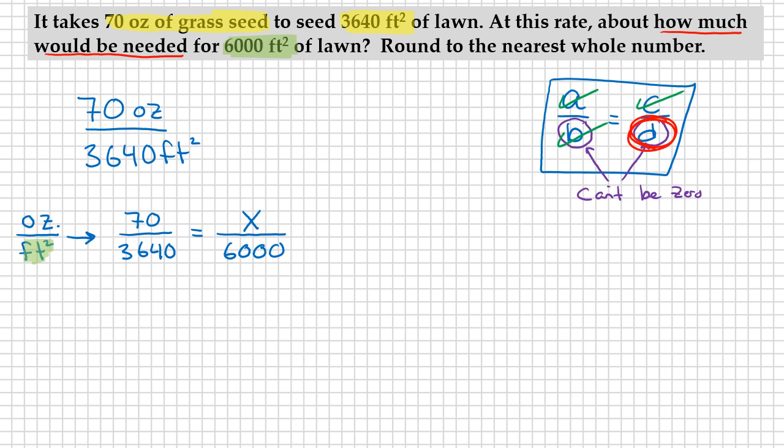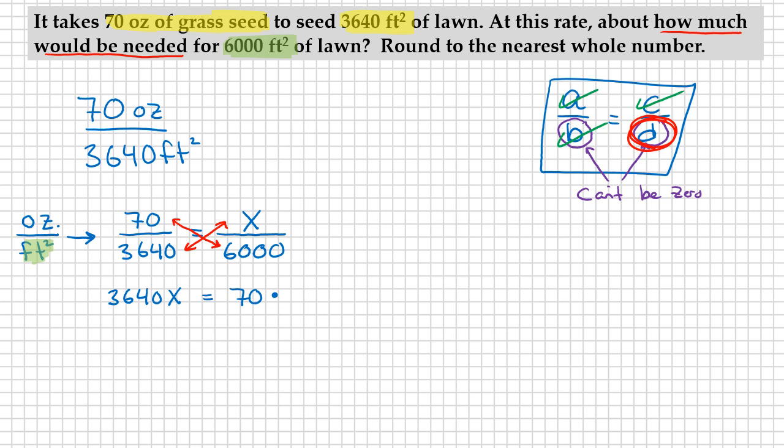I'm not going to take too much time talking about how to solve proportional equations. That's something we just finished discussing in our previous class. Now that we have a proportional equation, step 1 is cross multiply. The cross multiplying will eliminate the fractions in the problem. So if we multiply x times 3,640, we have 3,640 times x. And on the other side, we've got 70